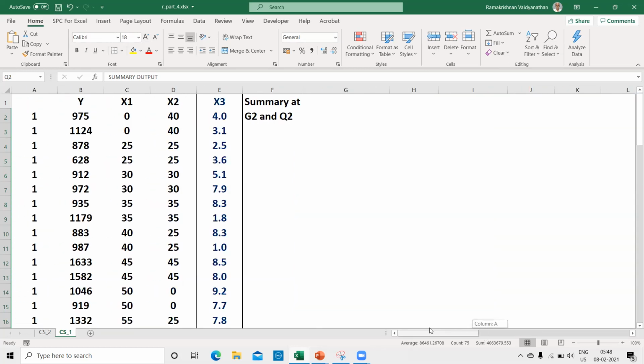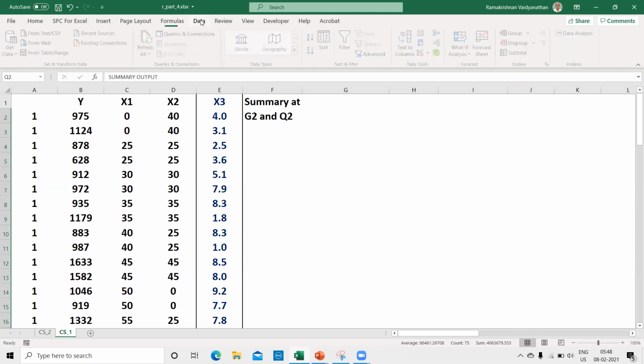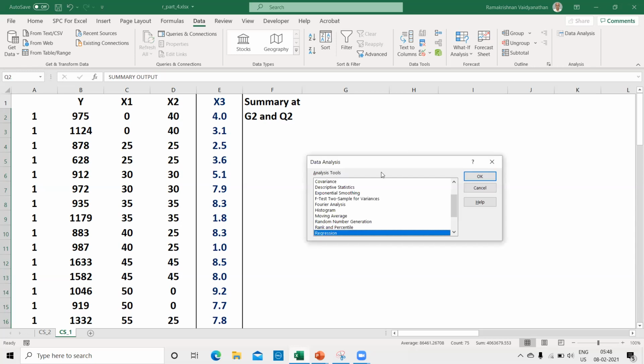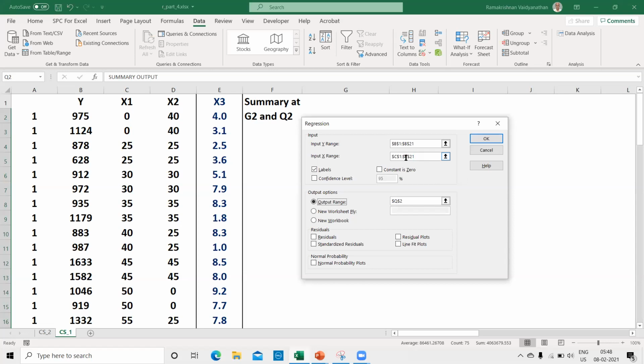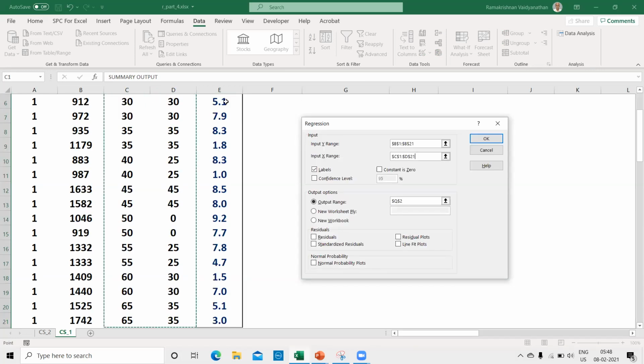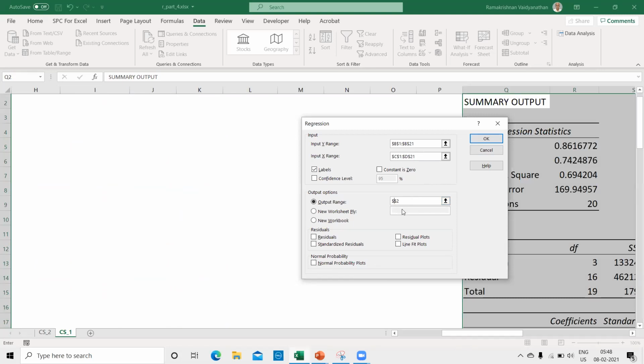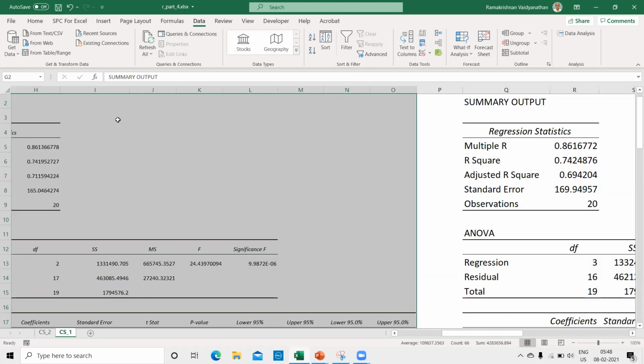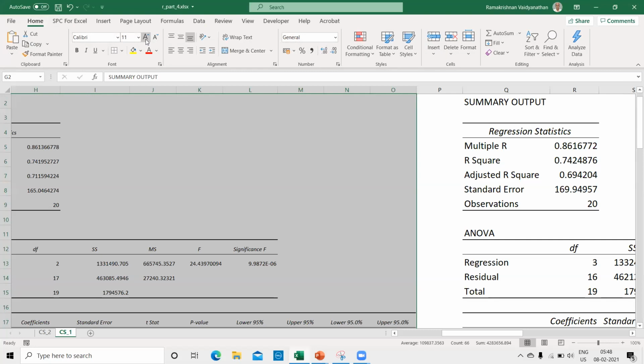Similarly, I'll do it for 2 variables. What I will do is now I'm going to go for data analysis. Data analysis. And then regression is done. Okay. Now I'm going to select here only 2 variables. I'll remove it. I'll take this. I'll put Control Shift Enter. Automatically 21 has come because only 20 data are there. I'll make it as G2. That is in cell G2, the output will be there. I'll click OK. So it has come. I'm going to go home and increase the size so that you can see it here.